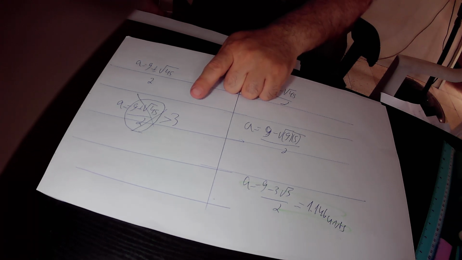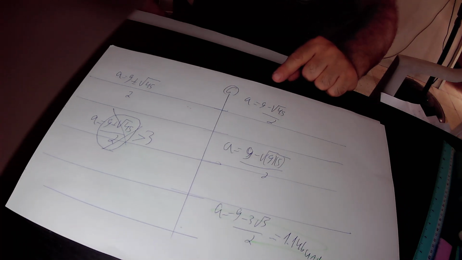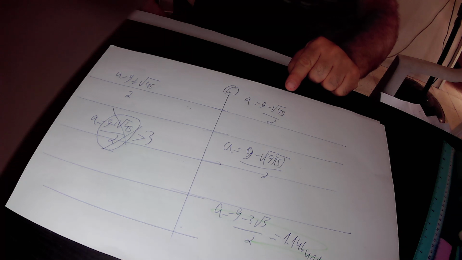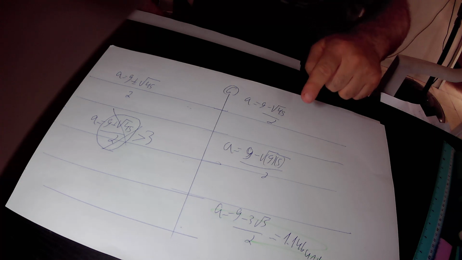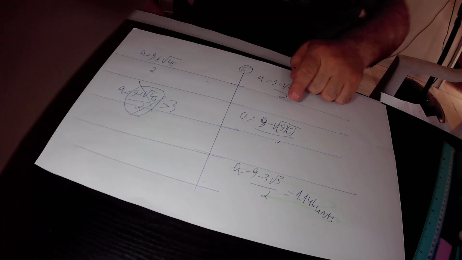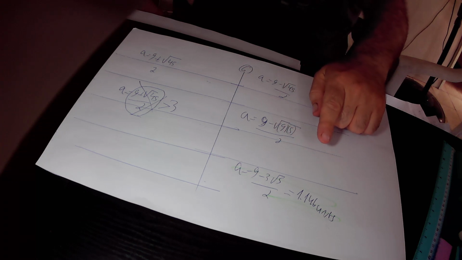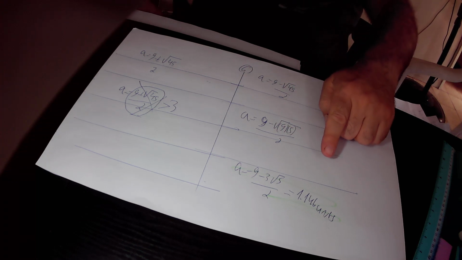We can reject that solution, and we have the second possible solution for A. The second solution for A is that A equals 9 minus the square root of 45 over 2. We factored 45 as 9 times 5 and found that A equals 9 minus the square root of 9 times 5, over 2. The square root of 9 is 3, so inside the root we have only 5. In conclusion, the radius A of the small semicircle equals 9 minus 3 times the square root of 5, over 2 units,